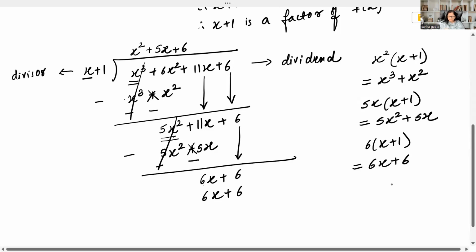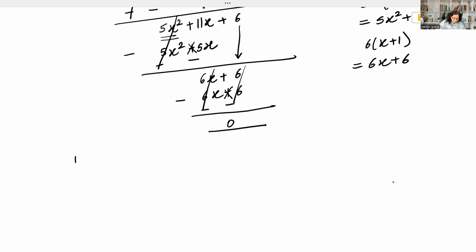Again, perform the next step of the division. Subtract the terms. The signs will obviously be changed. And the remainder comes out to be 0. Now, using the rule for division, that dividend is equal to divisor into quotient plus remainder,